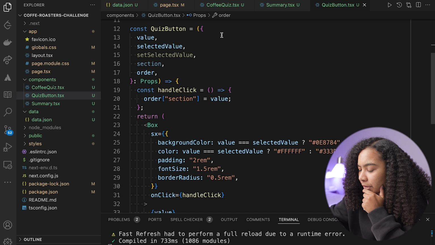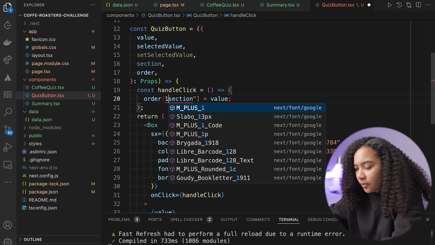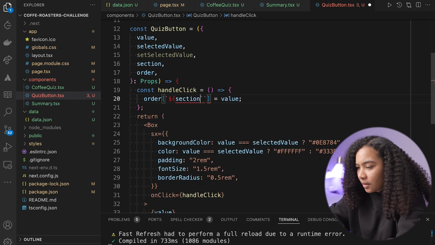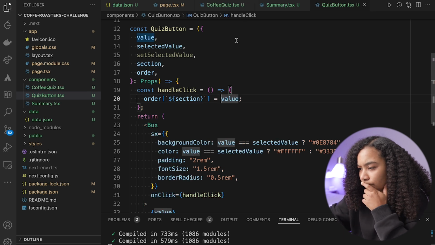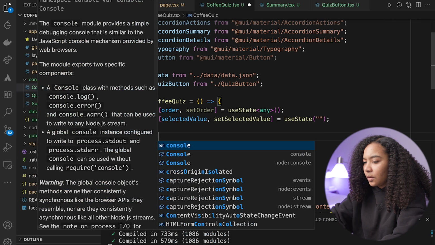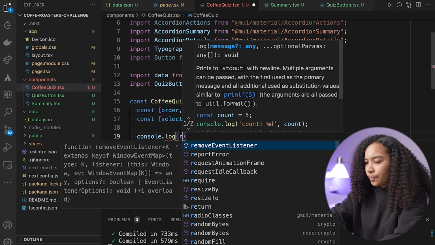Handle click order section equals value. I wonder if it needs to be like this. I think it does. I think this will work. All right, so now if I console.log order,